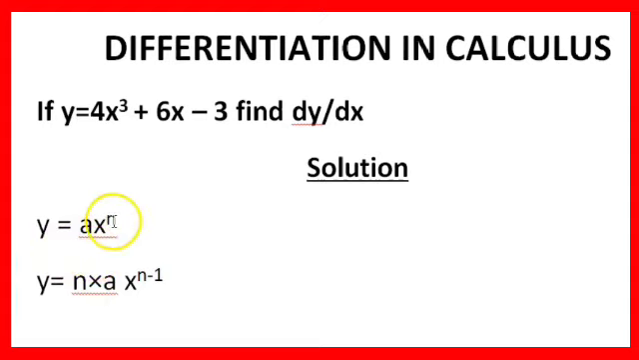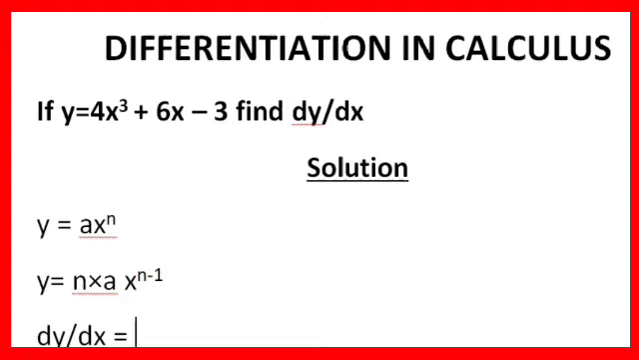We use the power to multiply the coefficient of x, which is n times a, and then we subtract 1 from the power, which is n minus 1. So that's how we differentiate using the general formula. Therefore, we can differentiate the function given to us with this. So our dy/dx